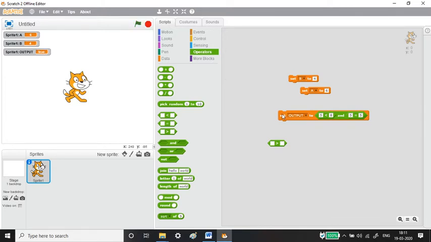In the logical operator using AND, true true gives true, true false gives false, false true gives false, and false false gives false. Only if both the conditions are true does it give the answer as true. Whereas OR, similarly, if any one of the conditions is true, then it gives the answer as true.